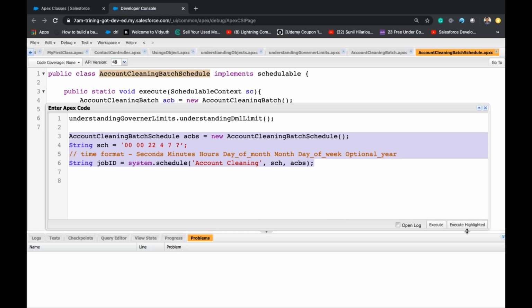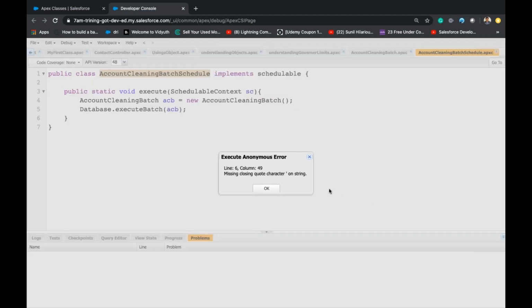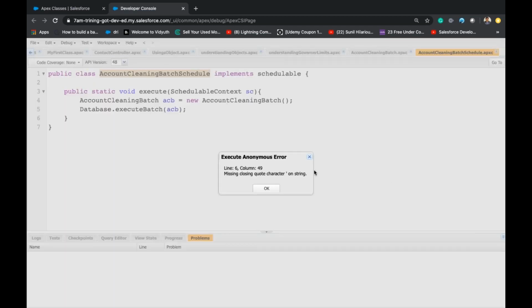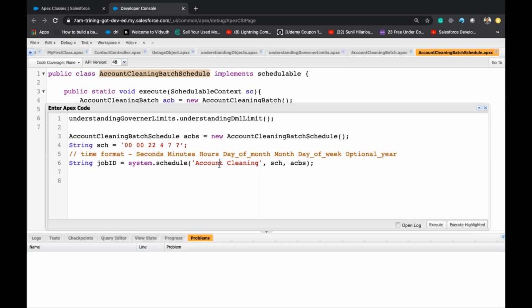What is missing? Missing closing quote on string, line number 6. I don't understand the error.